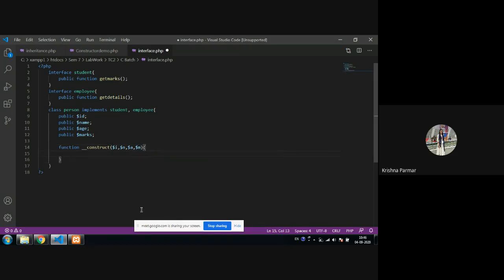And here I'm assigning the values to it: ID gets the value I, then name, then age, then marks.